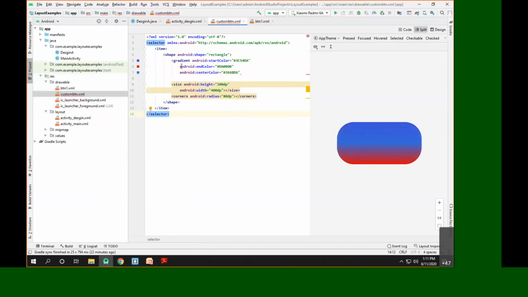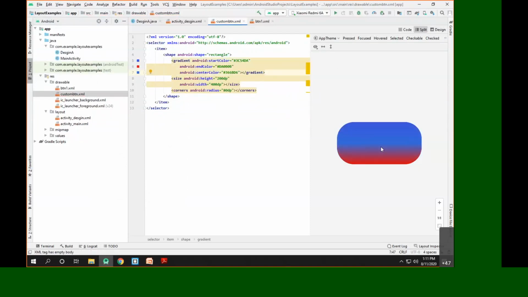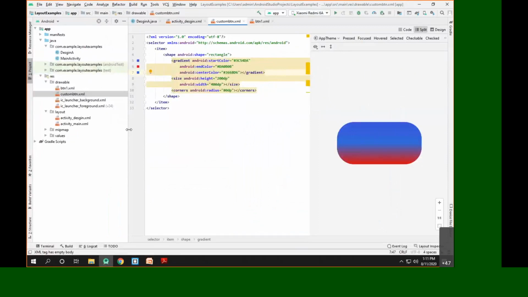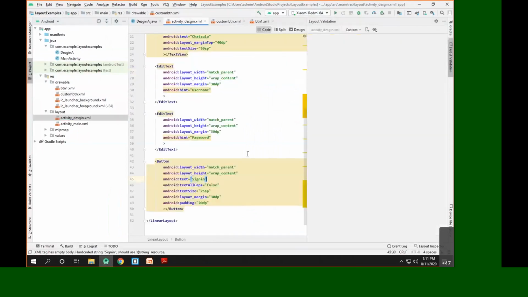So you can see we have designed this button with the gradient. Now this gradient is exactly matching the gradient that you have in your design, but you can take your own time to match the colors. Again, our aim is not to match the colors. Our aim is to see how we can design the user interface.